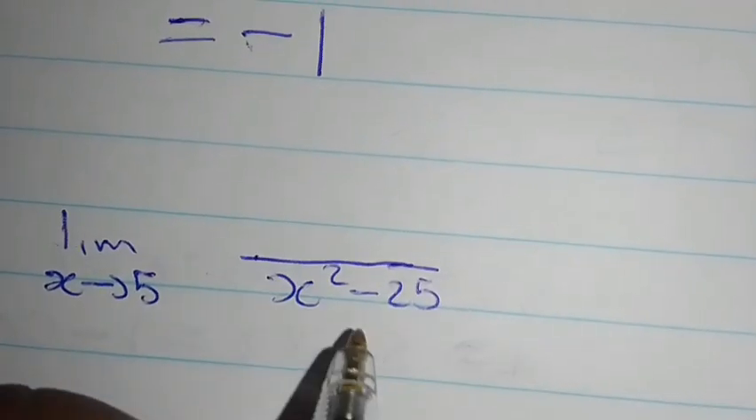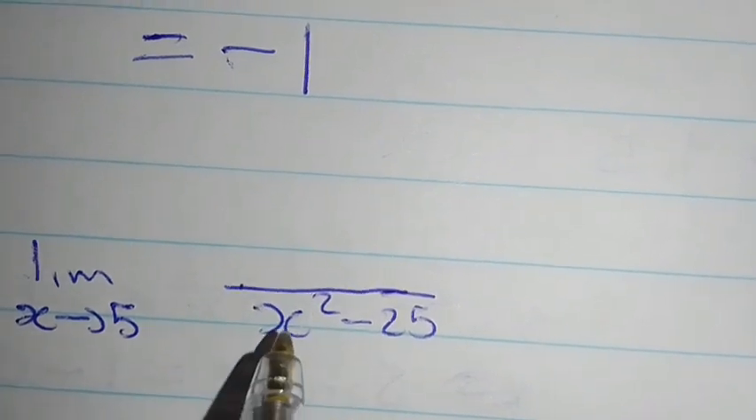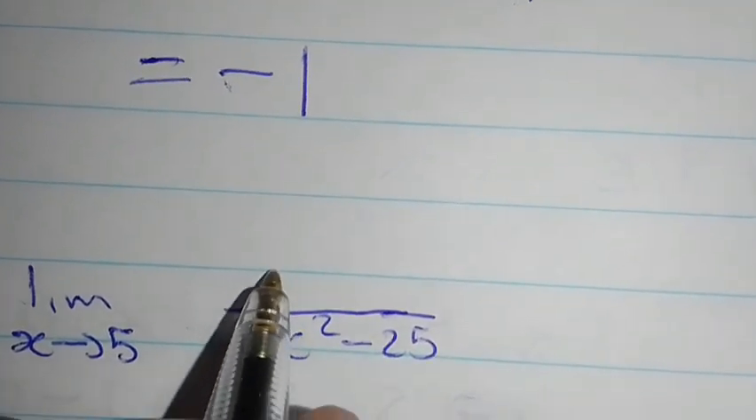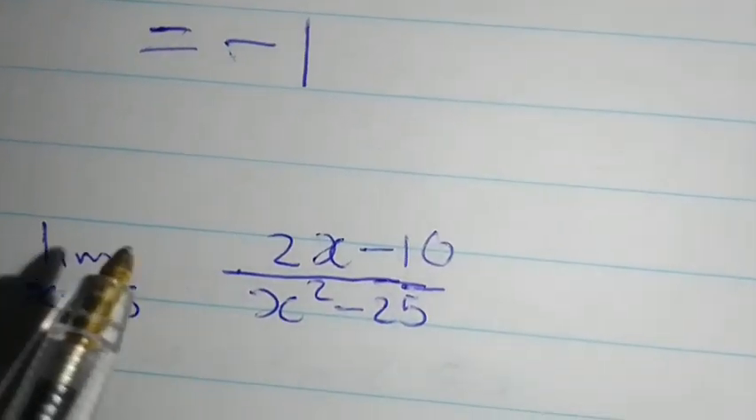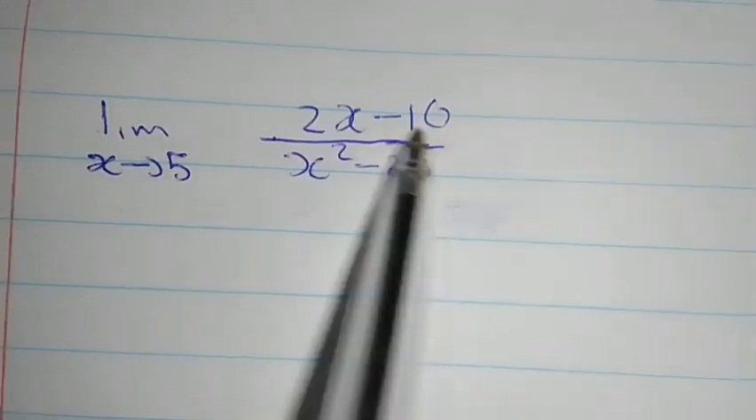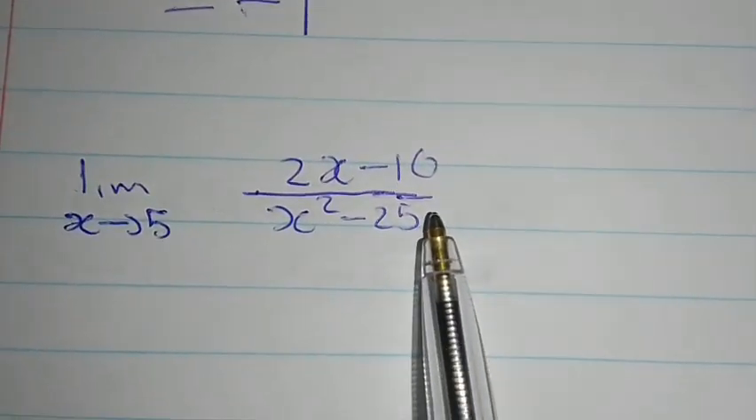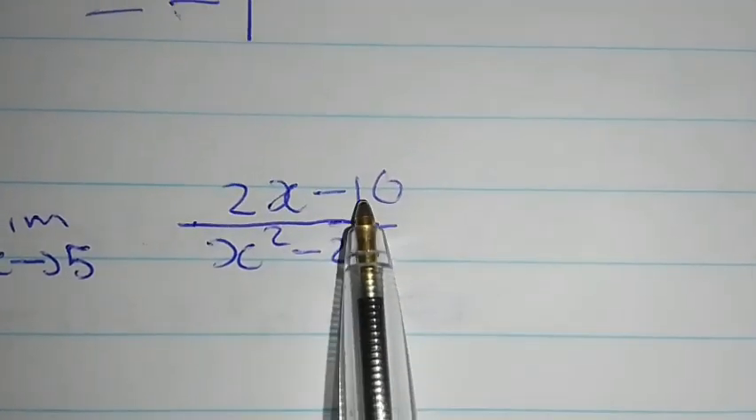Okay, let's try this one. The limit when x goes to 5 of x squared minus 25. We're going to have, let's say, 2x minus 10. Now we are asked to evaluate the limit when x goes to 5 of 2x minus 10 divided by x